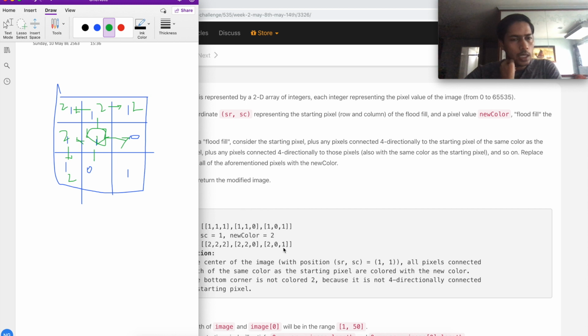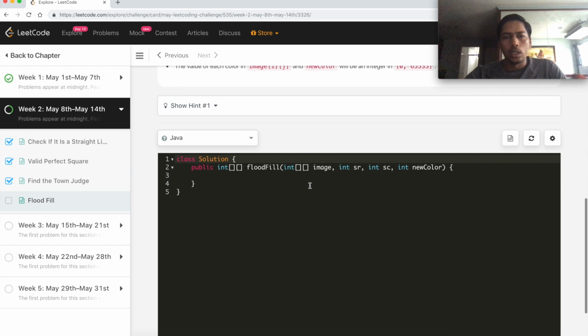So it seems like we are going in depth from the starting node given by SR and SC and updating the colors wherever the old color is matching. This problem we can simply solve using the DFS approach. Note down the constraint: the pixel should be the same color as the initial old pixel. So let me note down the old color here,